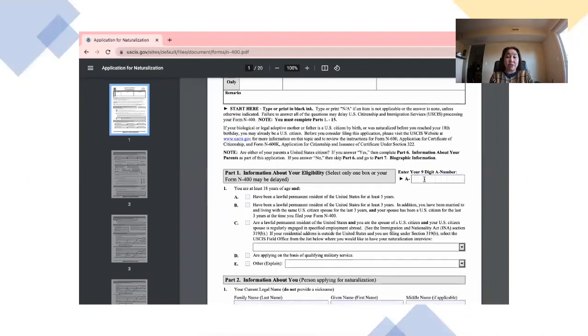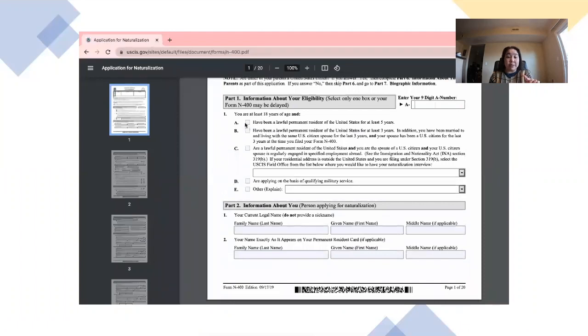Here, you're going to enter your alien number that can be found on your green card, and then answer